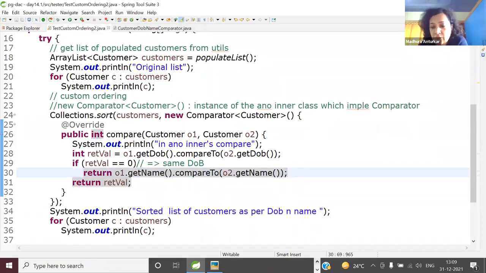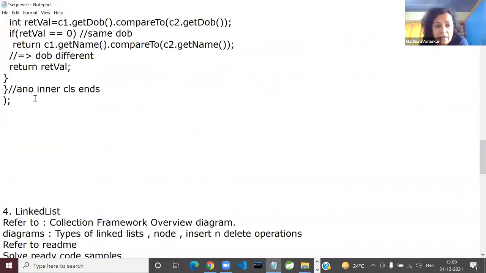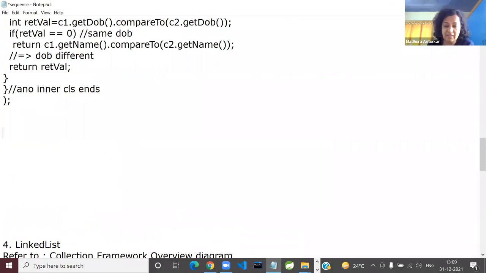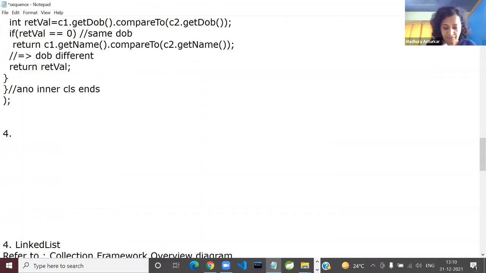I've sent you the code also. So now do this before we enter the linked list. So solve the next one. 4 maybe. Another tester. I'll give you the name, test custom ordering 3.